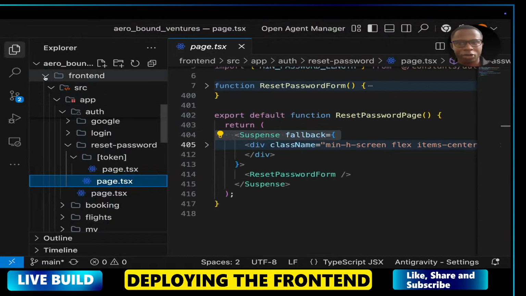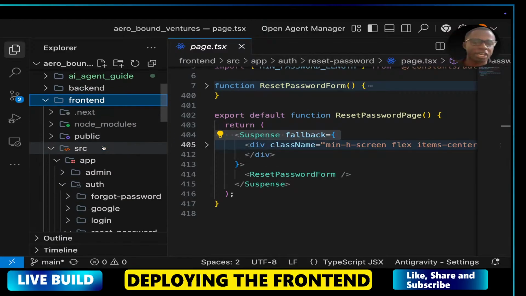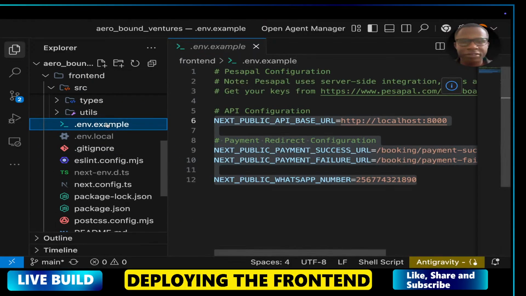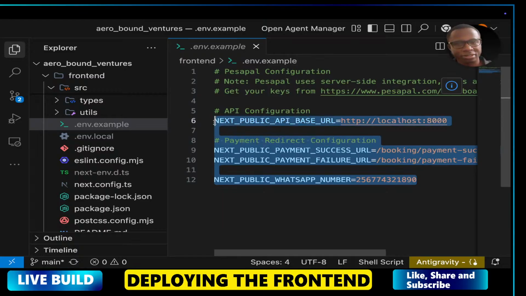Okay, and copy from your .env. Of course, do not share it. In my case, I'm going to copy from env.example just to show you what to do. So assuming these are my environment variables, I copy all these like so, close,